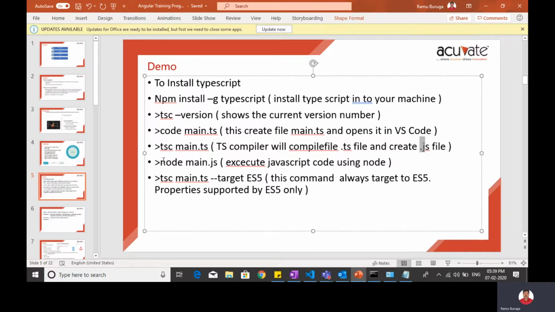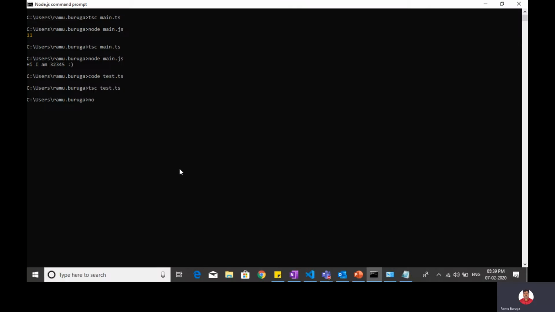But directly we can check here also. Node test.js, and it is showing hello. So this way we can practice TypeScript.